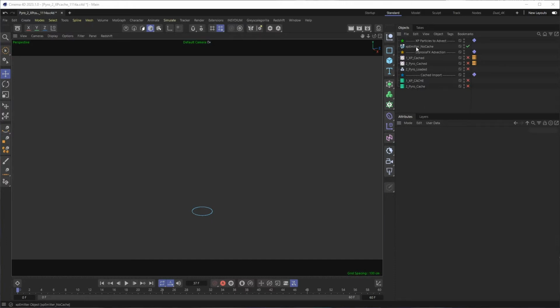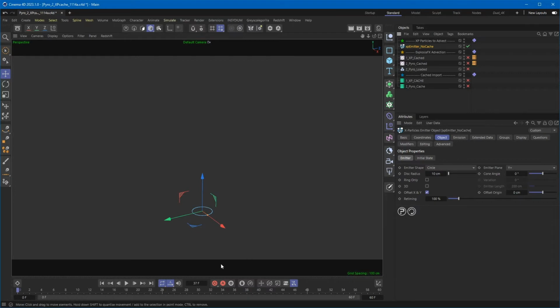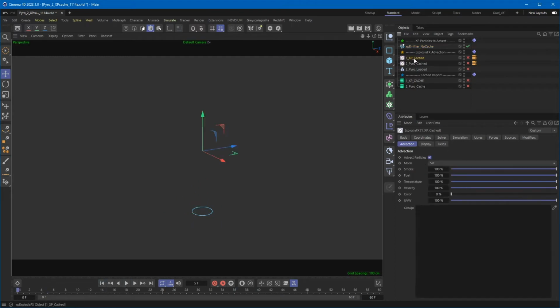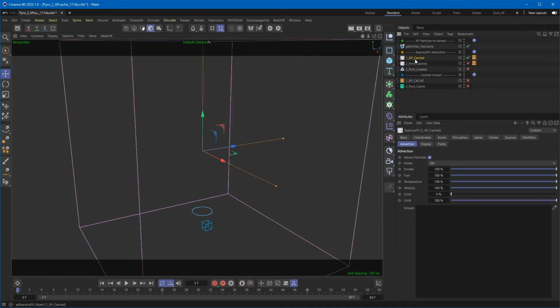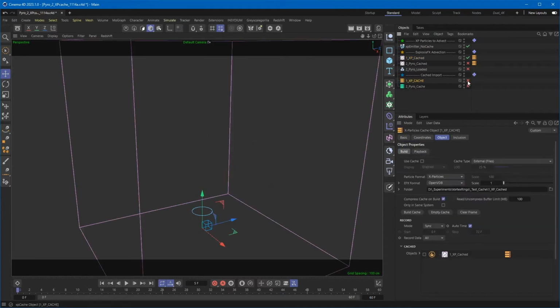Right now we have a scene with just an emitter. It's not cached, it's live, and it just shoots straight up. And then I have an XP explosion, which I've already cached. So if I turn that on and then turn on its cache,